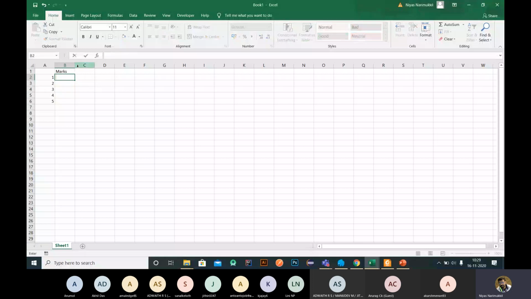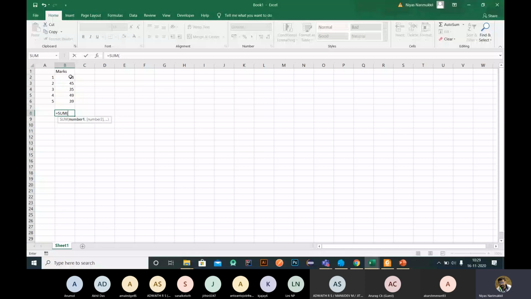So marks out of 50, we can say 23, 45, 35, 49, 39. For example, these are the 5 marks. If you want to find the average, we need to use an equal symbol, right? Then we need to find the sum of all the values. There is an inbuilt function called sum, so use sum. Then you need to select all the numbers, from 23 to 39. Just select all the numbers, and we will get that range, which is B2 colon B6.